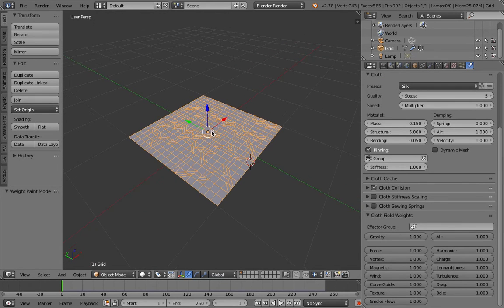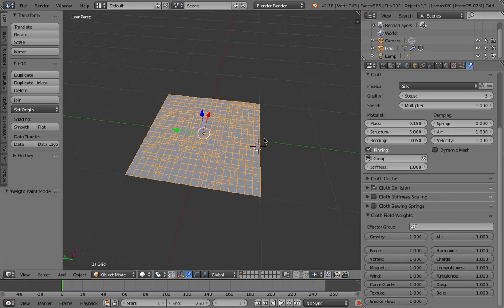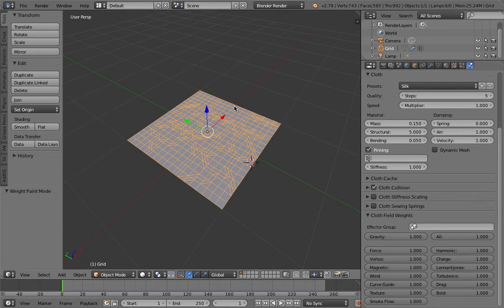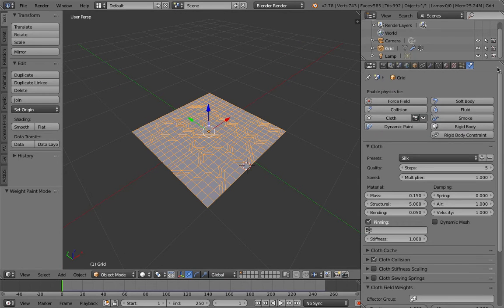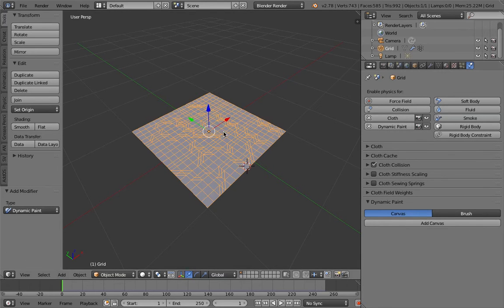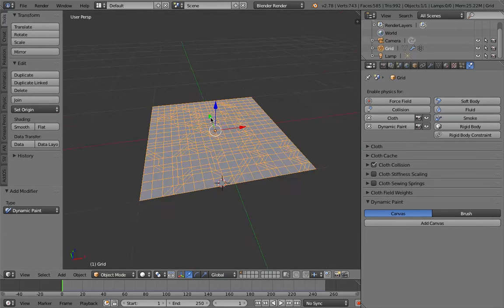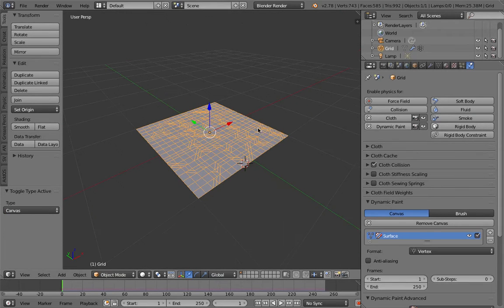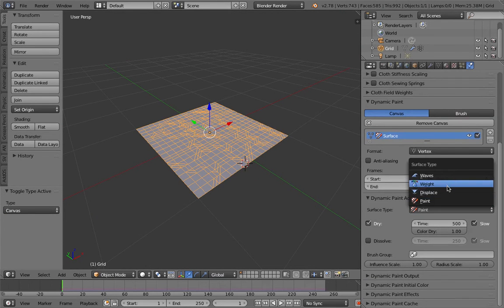With the cloth vertex weighting, I'm thinking, okay, maybe we can use something that's more dynamic. The answer to that is dynamic paint. If you use dynamic paint and just turn this object into the canvas and turn on the weight painting,